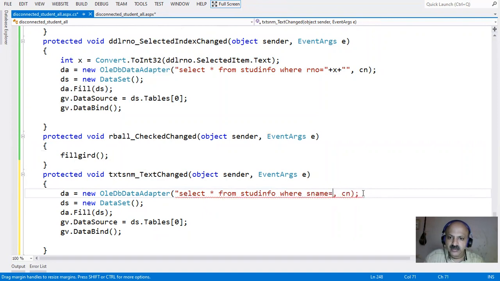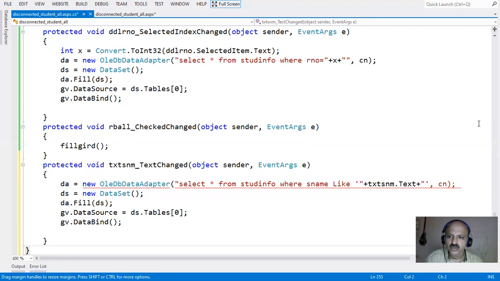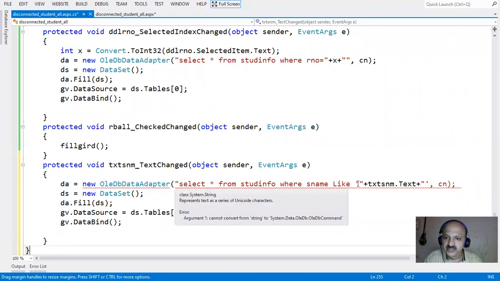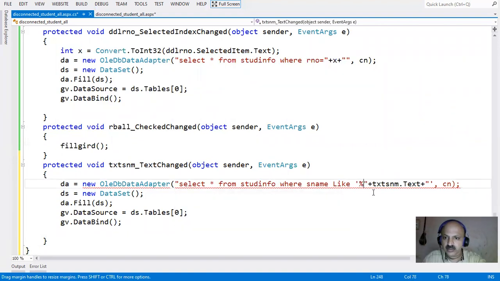name, and we can use the like operator, like, and there single quote, double quote, and plus sign, and that is our text box, s txt s name dot text. Yes, and here I just above, and here we can use the percentage sign, that is the syntax part, the like operator in single quote and in double quote. So you can write, for a simple definition, single quote, double quote, you have to know very well, and after that double quote is there. So yes, now there is no error, so all are well, okay.